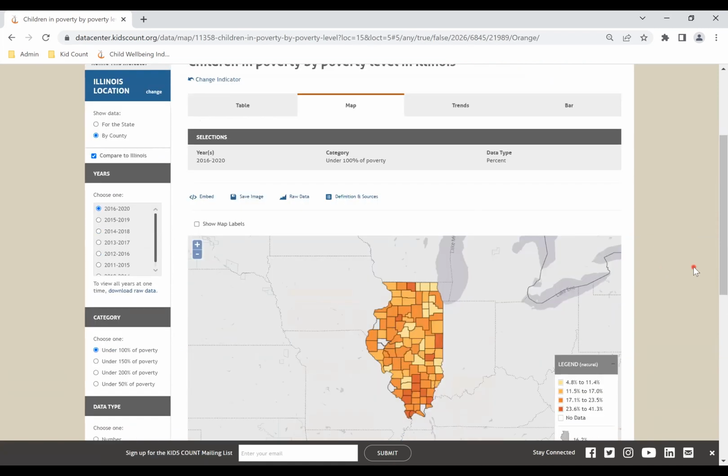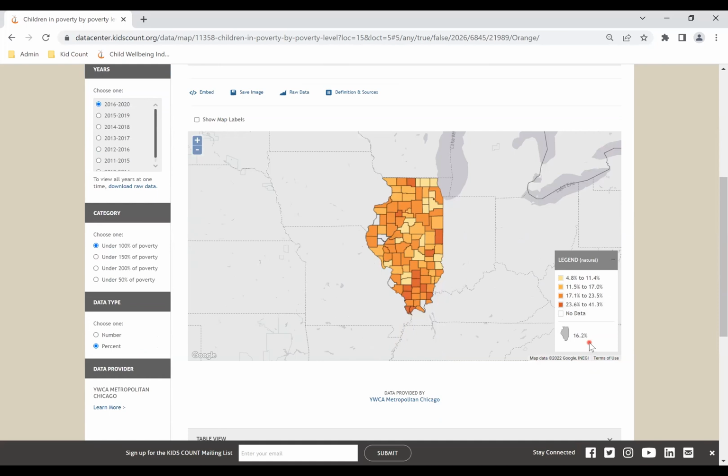Maps can be captivating data visualizations because we can see the differences across the geographic locations, such as counties. For example, on this map specifically, we can view children living in poverty at 100% of the federal poverty threshold, as seen on your screen now. And an added feature is the data center allows you to compare to the state, which we can find in our legend, and the data center also chooses percentage categories. Overall, the mapping feature helps you create a great visualization to compare poverty by county.